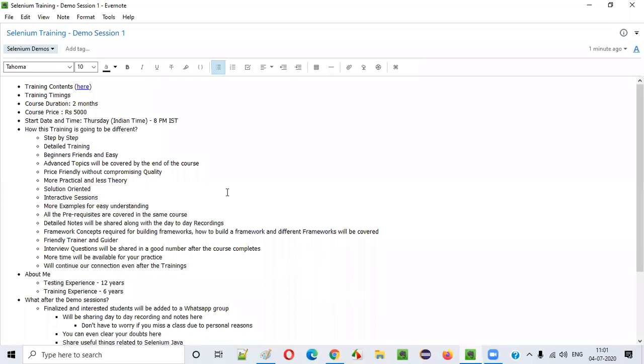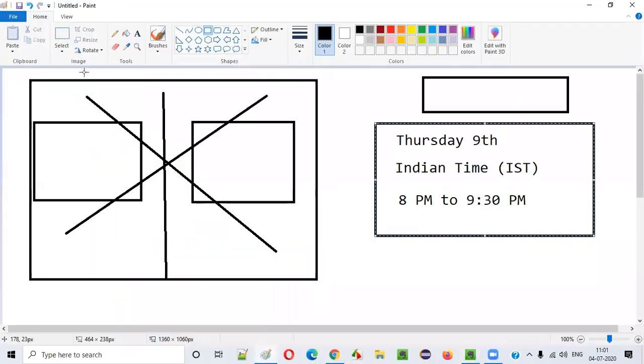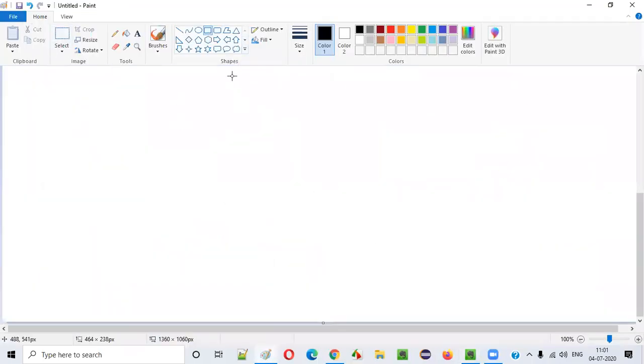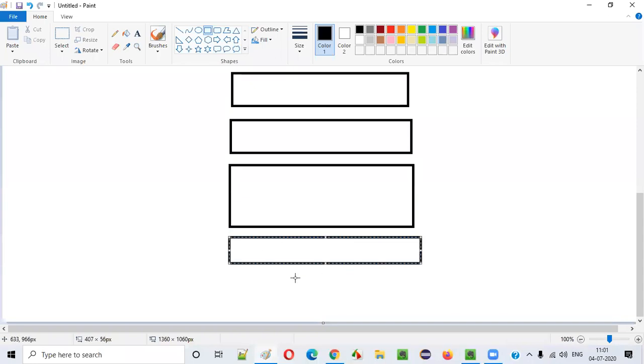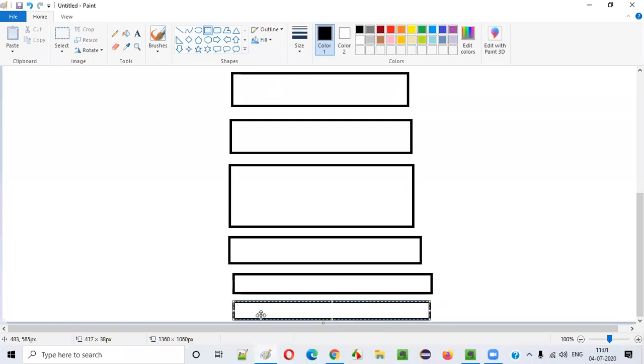So guys, let me continue wherever I stopped. I'll be explaining all the things in a step by step manner. First the introduction will be done, and once you get an overview and the course structure, you'll have an idea of how the course will be covered. Next, locators will be covered, then Java concepts, then Selenium WebDriver, then framework concepts, then actual frameworks, and any other real-time things at the end. You can see my course is very step by step.